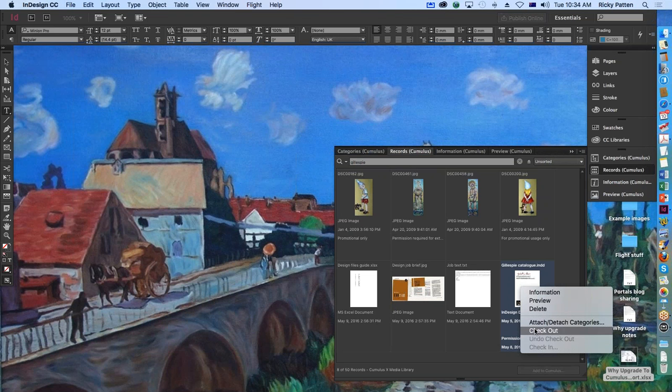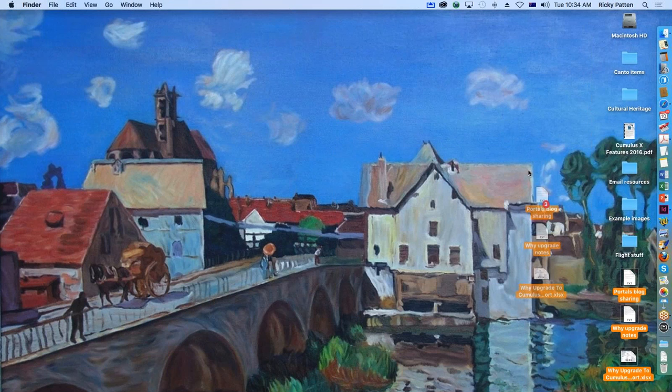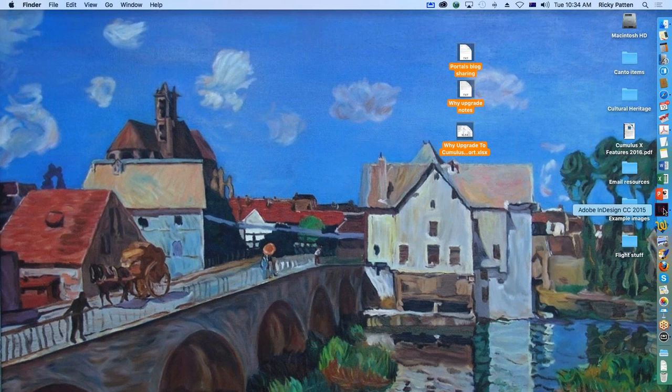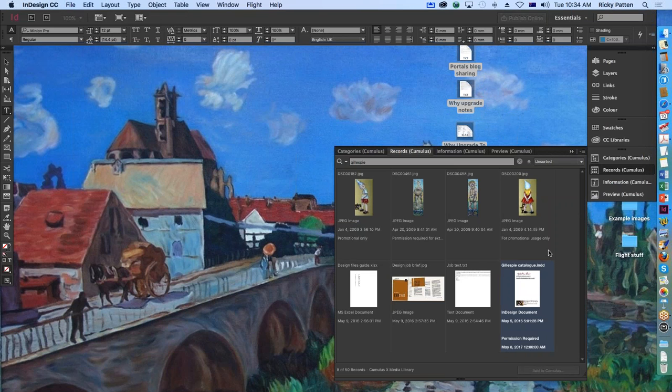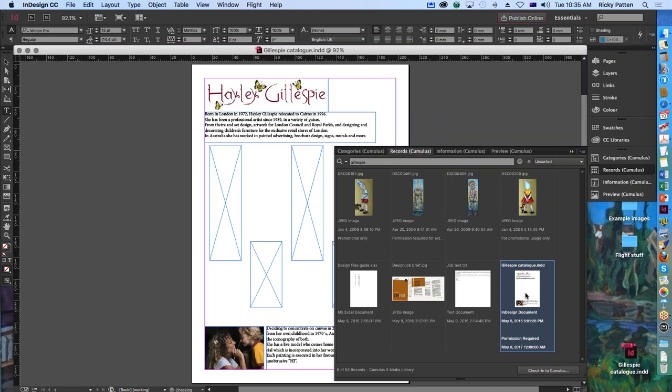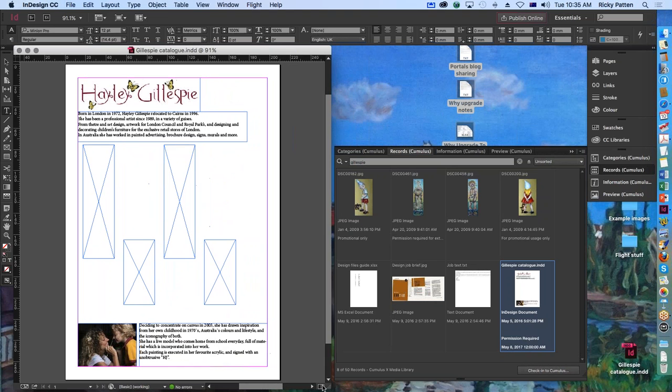So what checkout does, and for anybody keeping an eye on the background of my screen here, just before I do that, I might just go and put these assets over here and you'll see it better. Okay, so I do not have this InDesign file on my computer at the moment, and when I do a checkout like this, you will see that the InDesign file is being moved temporarily to my desktop as a part of my